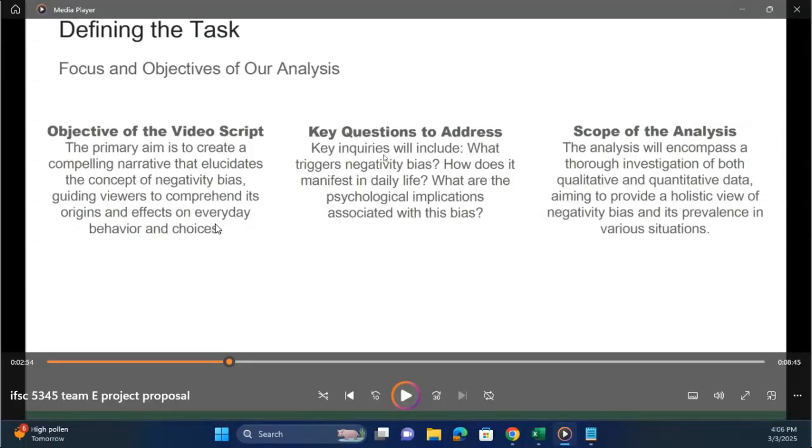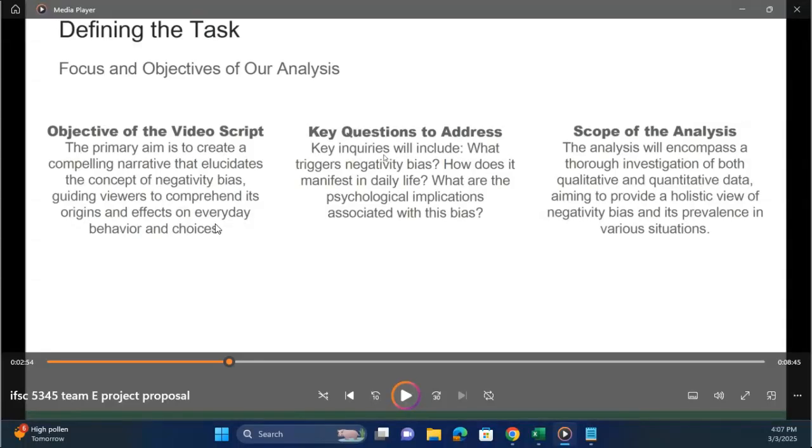But I want you to think about it more. This is very general: guide reviewers to comprehend its origin and effects. In what sense? That is so general, especially the effects. There can be a lot of effects,